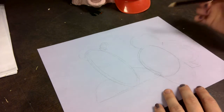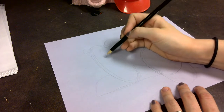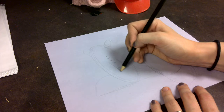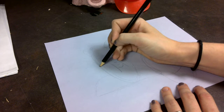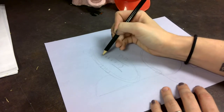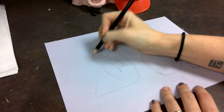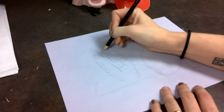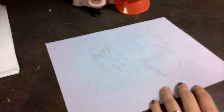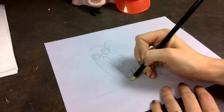So for my face here, I'm really examining the grooves that were carved into the clay, and I'm thinking about where those notches and grooves are, and I'm just going to start creating this layout of the face. It has some notches, there are areas that are removed. It's also got a really big bridge to the nose, so I want to make sure that when I get to my shading I represent that correctly. But there's lots of things going on here, so I'm just taking my time to start filling in those details that were created,